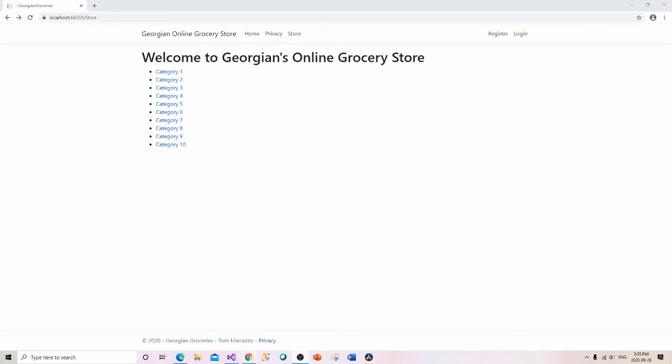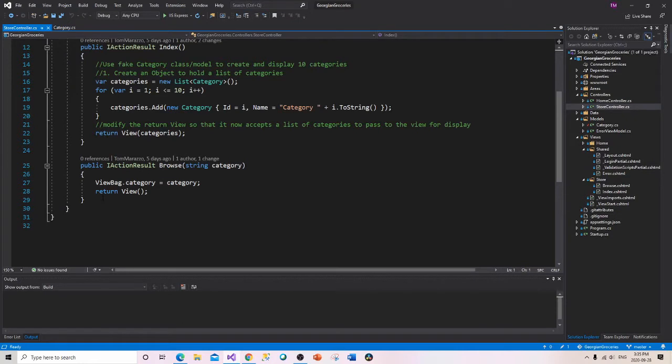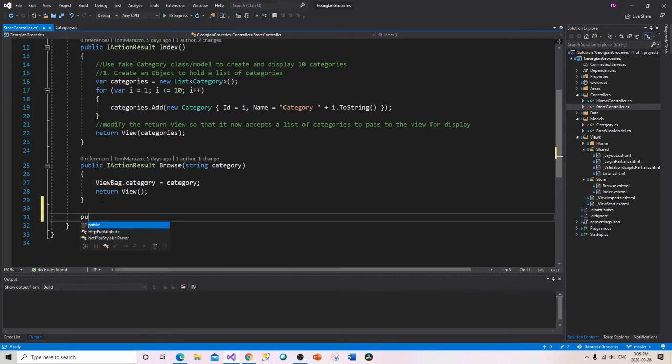Okay, so for now I'll go back to my Visual Studio, and I'm going to go to my store controller. We're going to add this other function down here, or method. So this is going to be a public